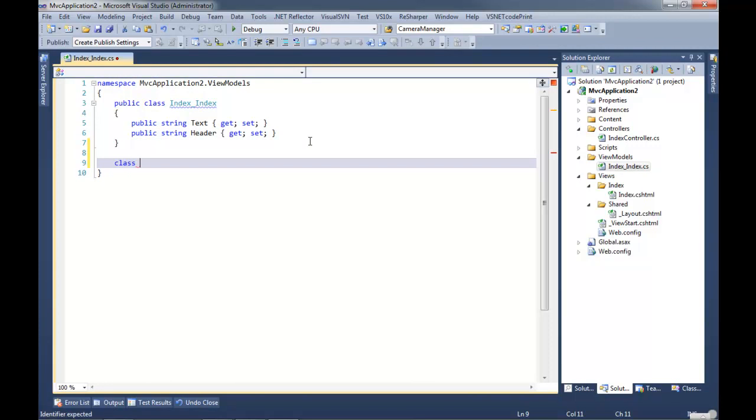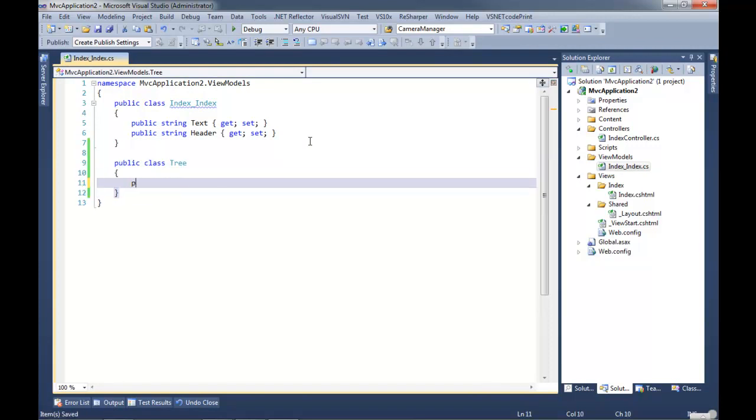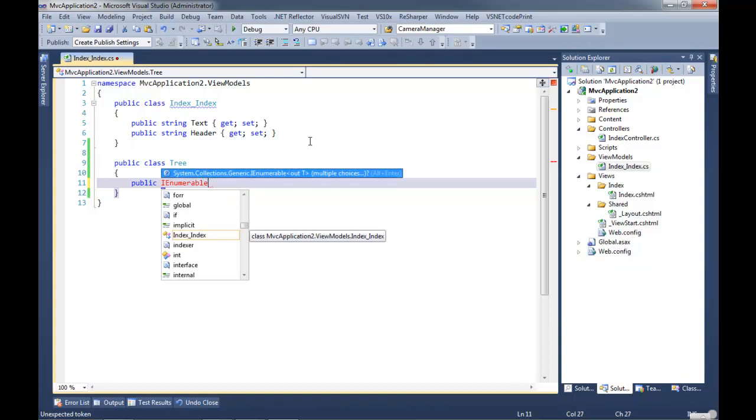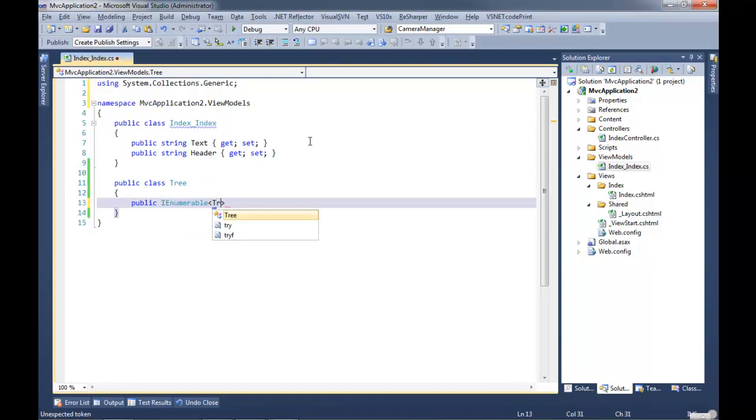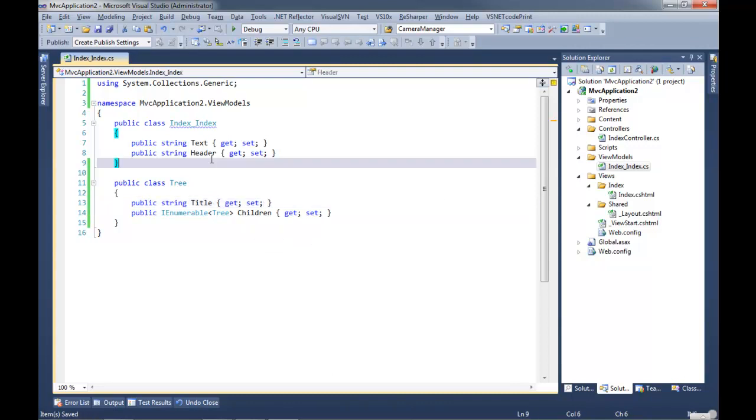I'm going to break convention. I'm going to type a tree. So this would normally be in your model, but I'm not going to create a model folder because I'm lazy. Verbal tree. I actually did this when I was working on that project I was telling you about, where I implemented an n-tier catalog, meaning that categories can be nested under categories and so on and so on.